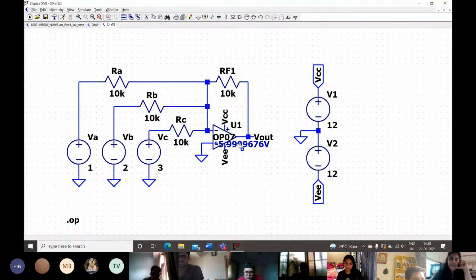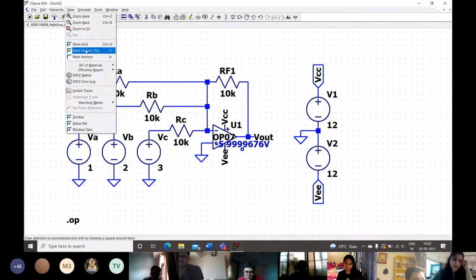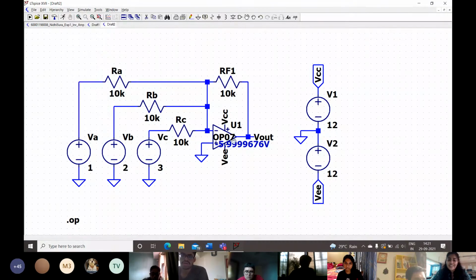You can see this random pin here which we don't like, so I'm going to go to view and click on mark unconnected pins, and that's going to remove that part. I'm sorry guys if I'm going too fast, please tell me at some point. So now I can simply keep this here and you can view the output voltage.